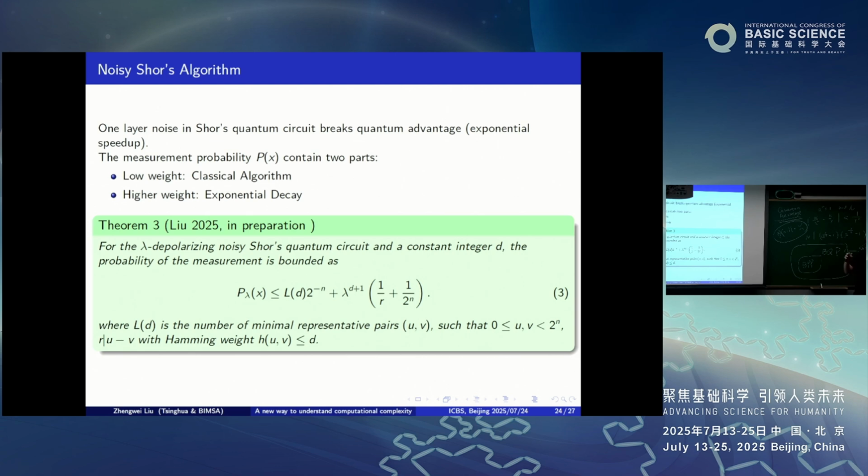Usually, if it's n to the 3, we can do it on a classical computer. If it's n to the 1,000, it doesn't make sense. So for complexity theory, for this problem, it makes a lot of sense whether we can really find an algorithm with noise that's BQP, not BPP. We know Shor's algorithm in the perfect sense, without noise, is something like that. But with noise, it's not clear.